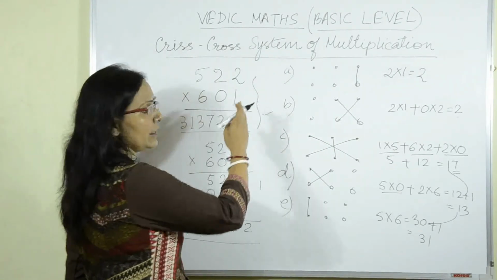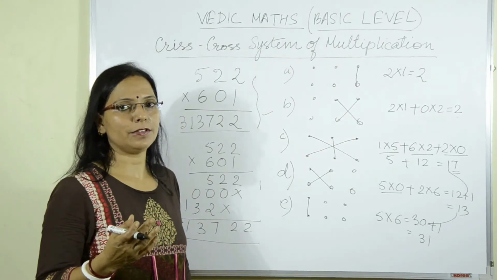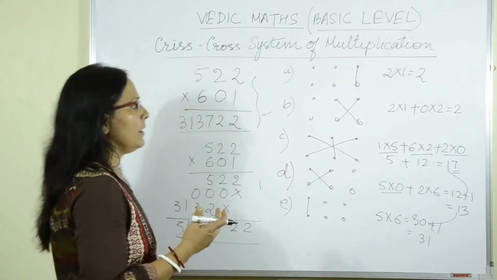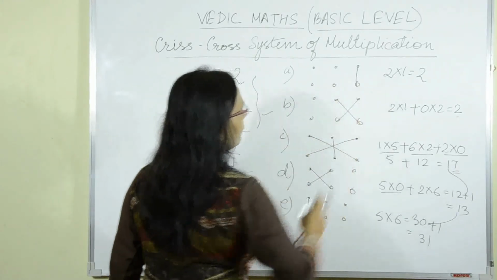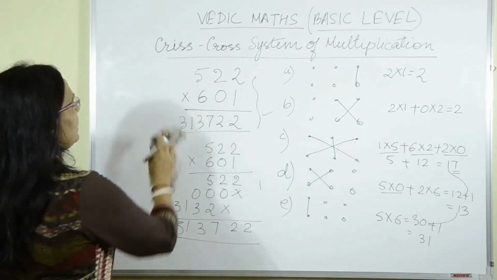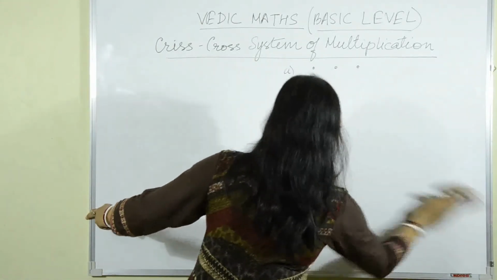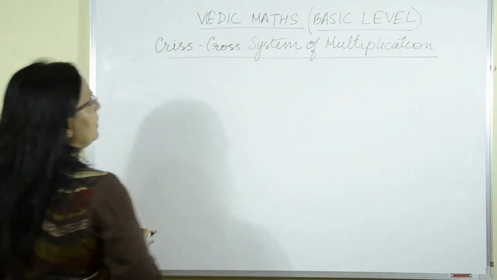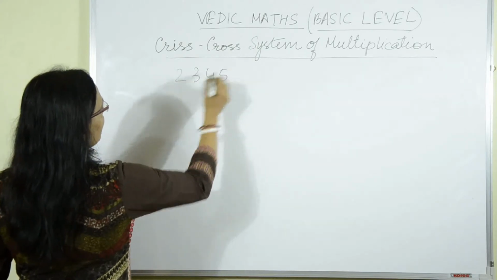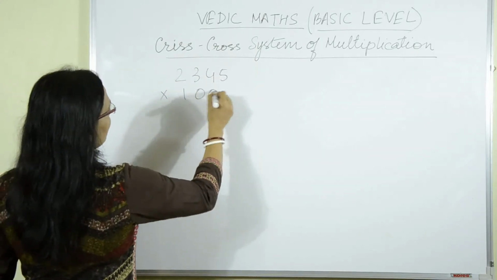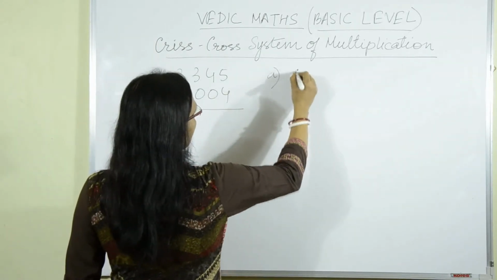Okay. Now this is a 2 or 3 digit number. If we step forward to the even higher numbers, say higher digit, higher order, the same method will be followed. But here, when I have a 4 digit number, let me show you with an example here. Say I have 2, 3, 4, 5 multiplied by 1004. How do I do? Step A.